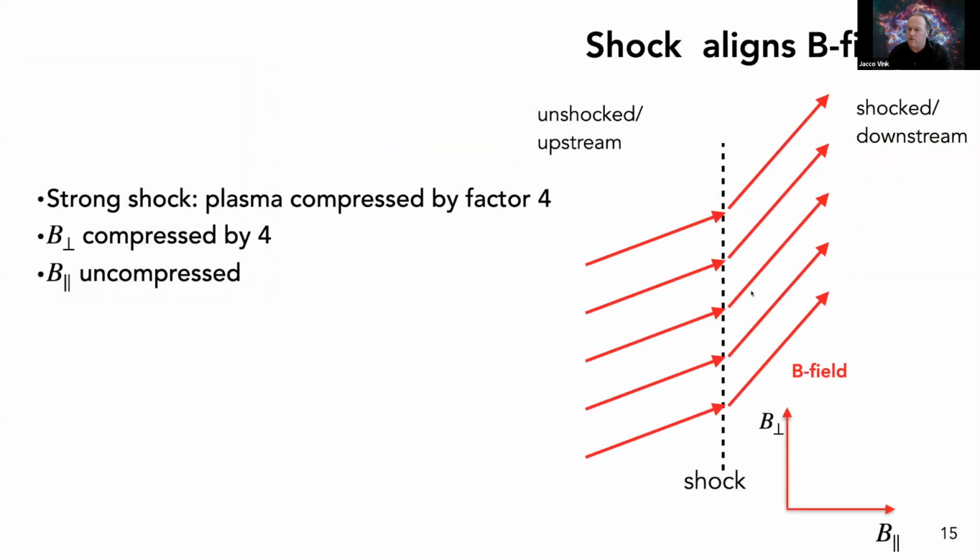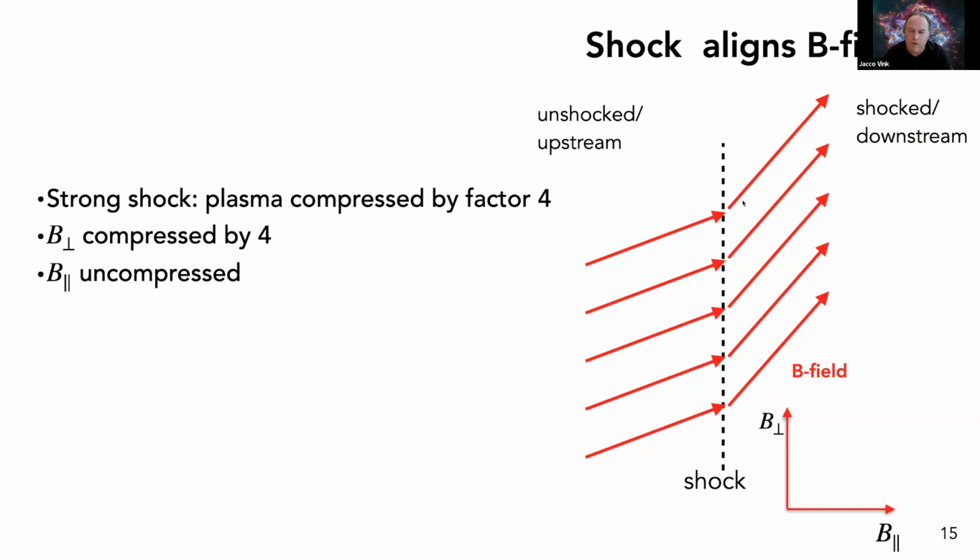Now, a little bit back to the magnetic field geometry. Of course, if you have a shock, and usually you have a magnetic field that is sort of oblique to the shock normal, a shock compresses only the parallel magnetic field, which means that you get a tangential magnetic field out. So if you have a perfectly parallel magnetic field, it stays parallel, but if you have a slight shock angle, it becomes a tangential magnetic field.